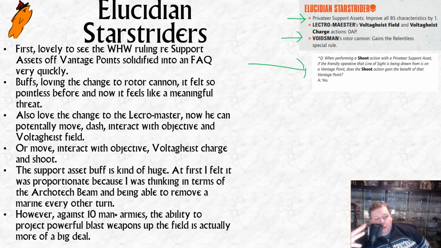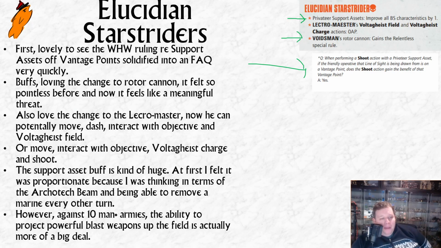What other people have drawn my attention to, though, that is perhaps a bit good, is actually the other ones, because I play against elite teams so much, the support assets that I'd kind of written off, the two with blast. The ability to actually project infinite range blast up the board is quite uncommon.